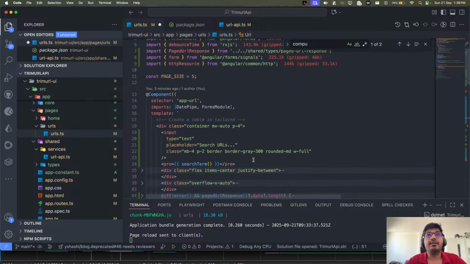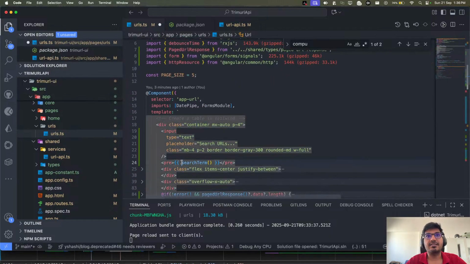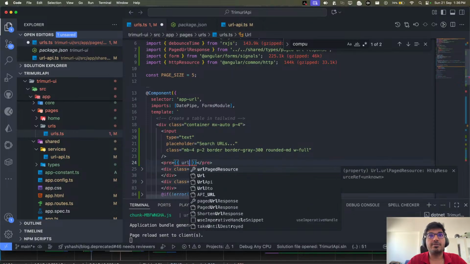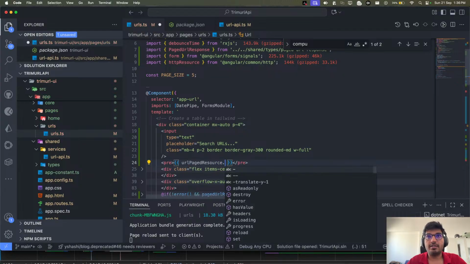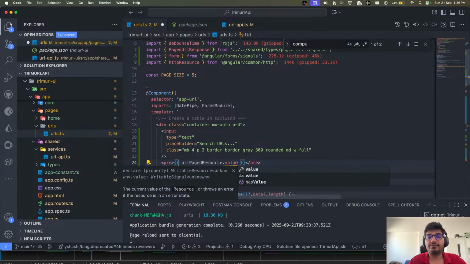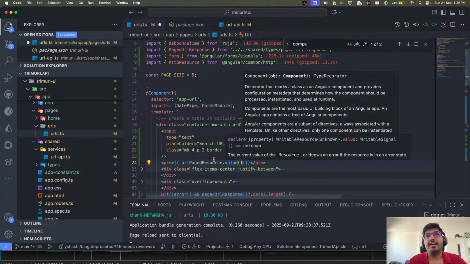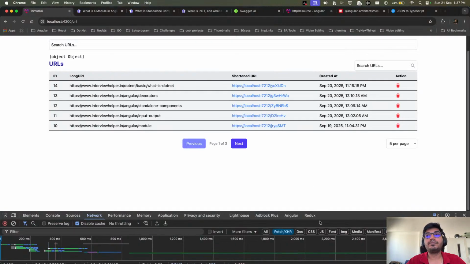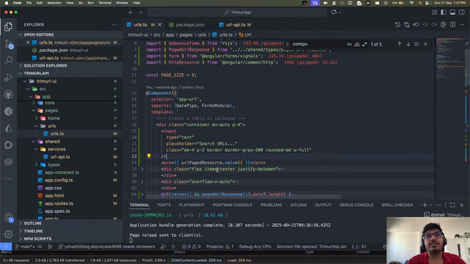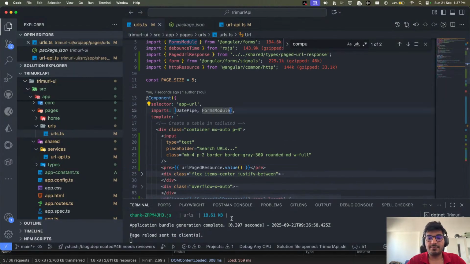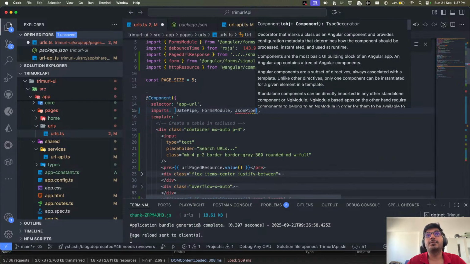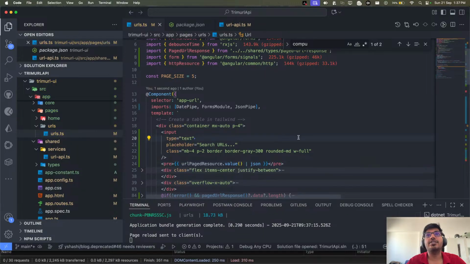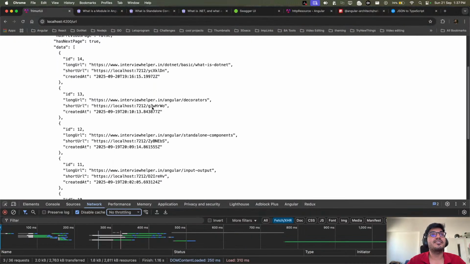Now if you remember, our input here, we have added this search term, so we can get rid of this. And what we can say here, URL resource dot, you have something called value. Okay, and let's see what this value is. Now if I save the changes and go here on the top, it says object because yeah, it is an object. So I might need to use a JSON pipe to show you what exactly this is. So I can use a JSON pipe, save the changes, and can you see now, this is what I got.